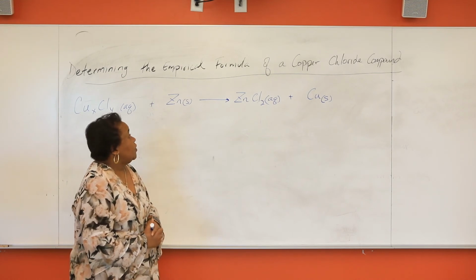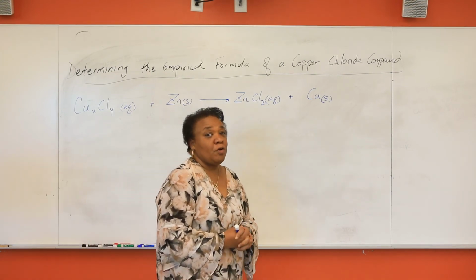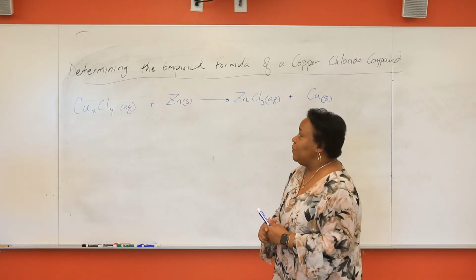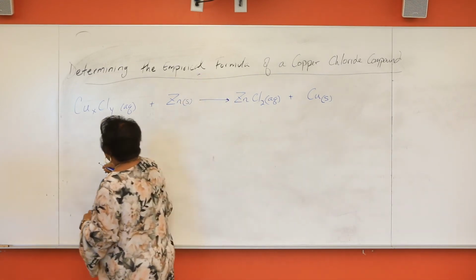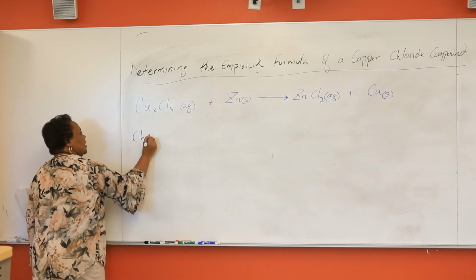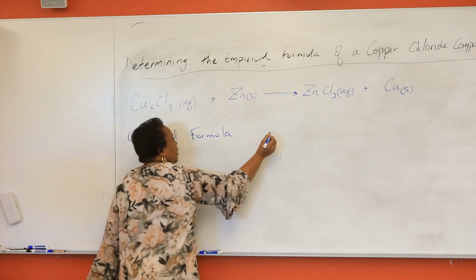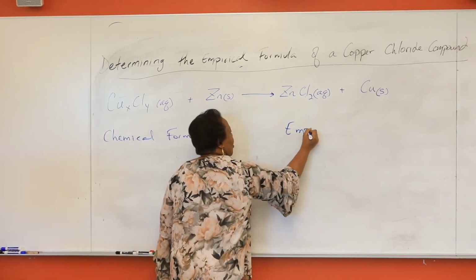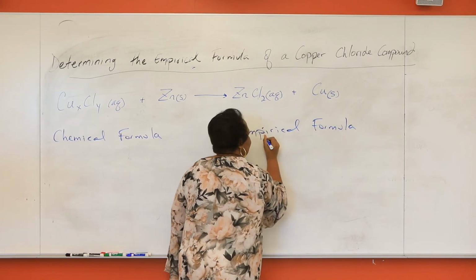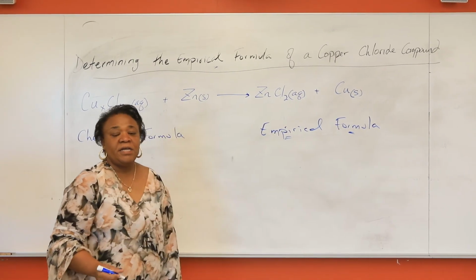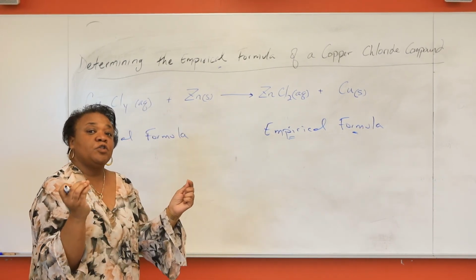Alright, so the goal of this experiment is to determine the empirical formula of a copper chloride compound. Before we begin, let's talk a little bit about the empirical formula. Most of you are familiar with the chemical formula. Today we're going to be discussing what? Possible empirical formulas. The empirical formula, please note, is the simplest whole number ratio in which those elements